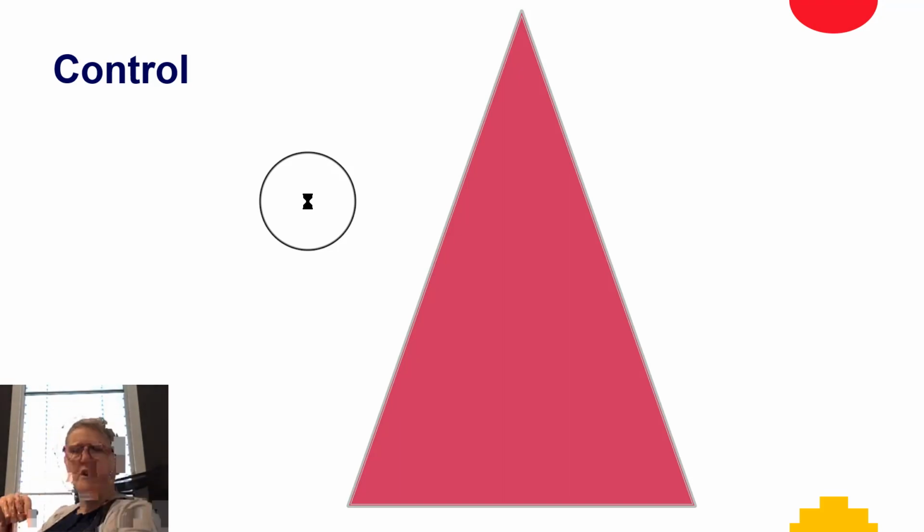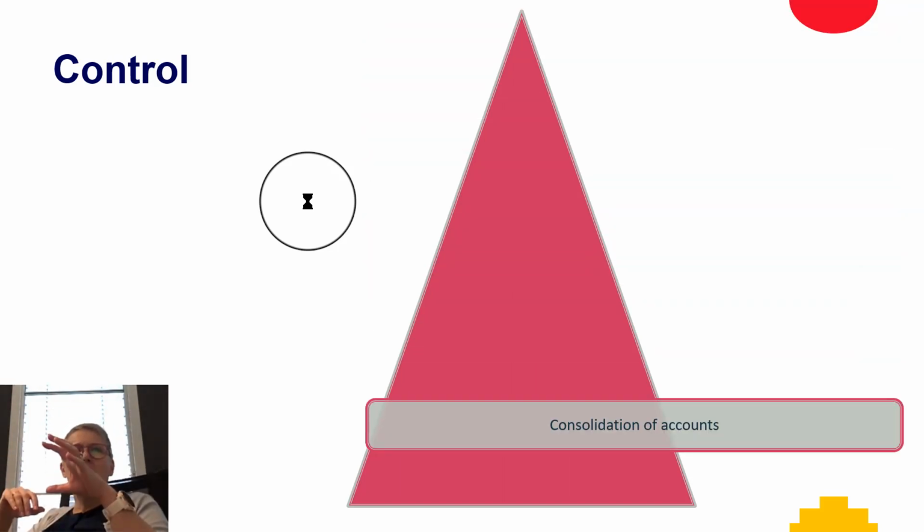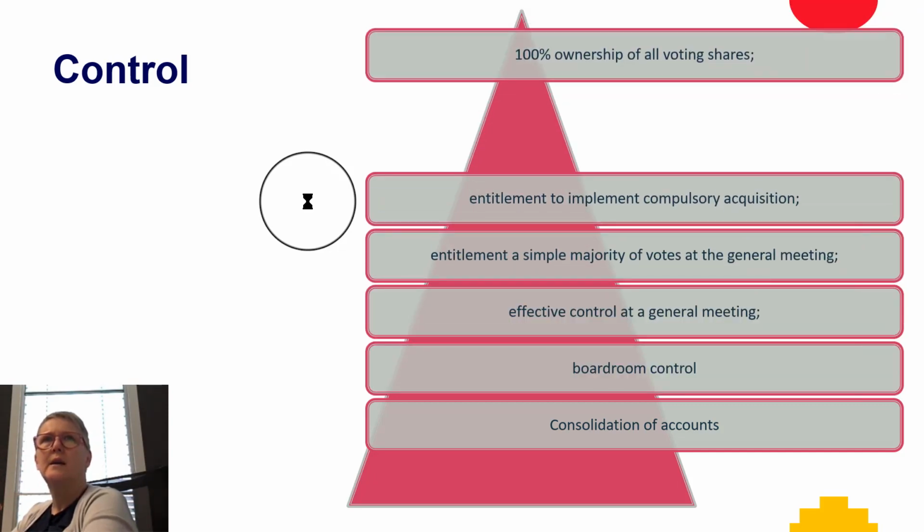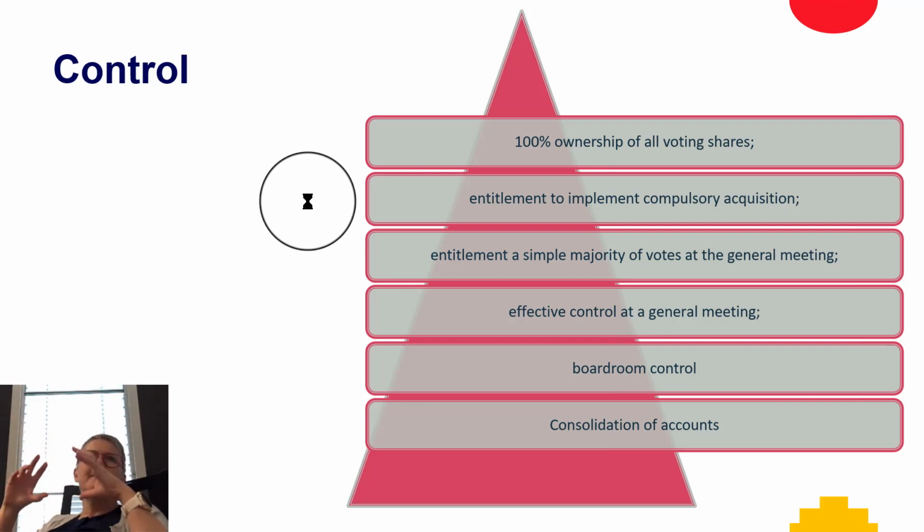Thinking about control, clearly control can come from a whole lot of different places. At the peak, owning everything, owning 100%, is absolute control, clearly. And when we talk about, particularly with small business, often that's the situation. You've got absolute control because an individual not only owns all of the shares and controls all of the votes, but they also are management of the company itself.